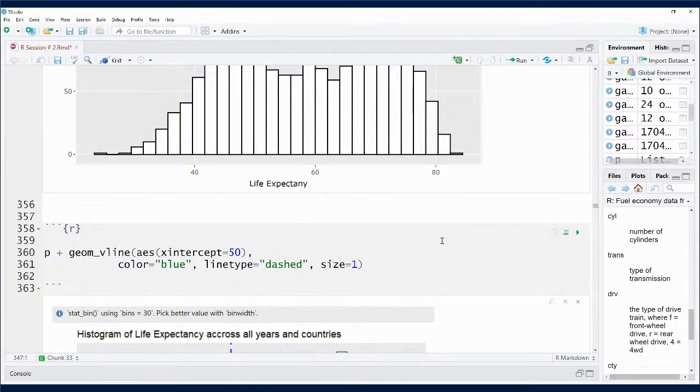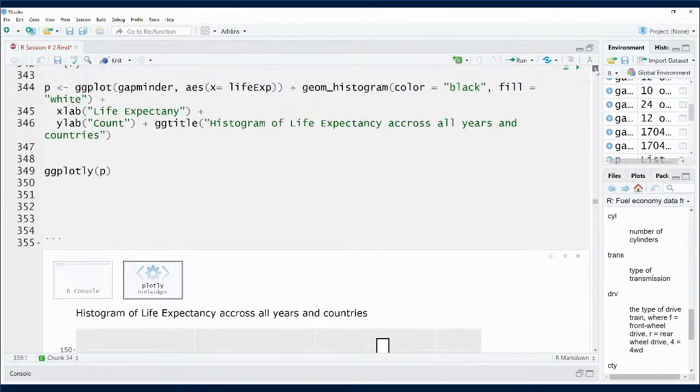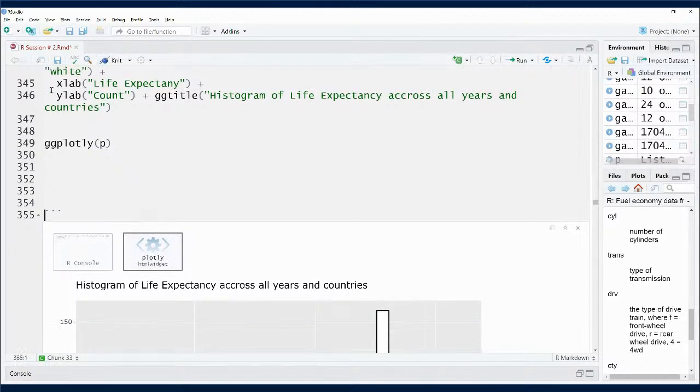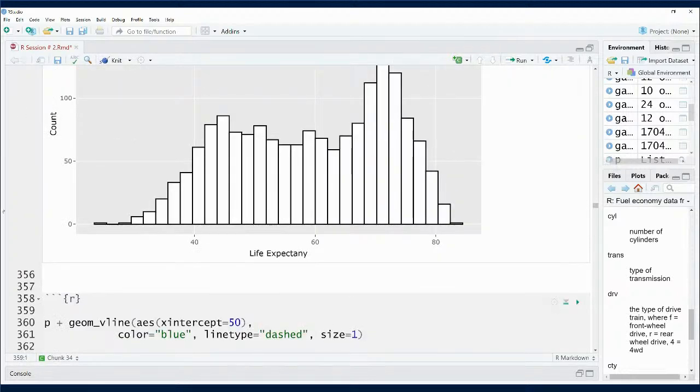The next thing I'm interested in, for whatever reason, is making a vertical line on the x-axis. So a line I want to draw which should be vertical to the x-axis for some communication or demonstration purposes. So what I'm doing right now is taking the same p which I've saved to this plot. This p has the plot of the histogram. What I'm doing is adding to that geom_vline, which is v line, and within that I'm specifying the details of the x-axis,